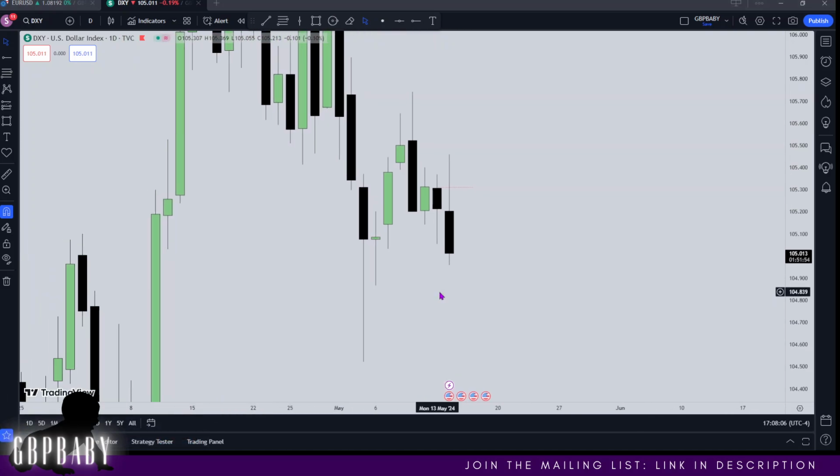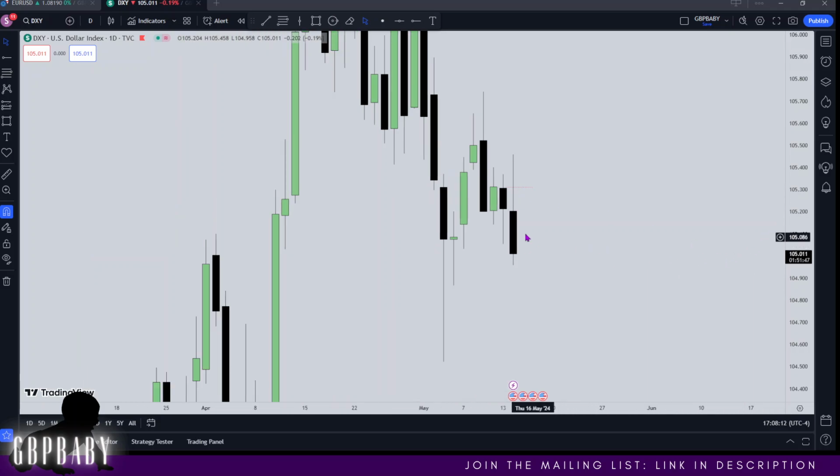I hope everybody's doing well, and I hope to God no one got caught up in the absolute madness that PPI caused today. Now you can see we wicked up aggressively, trading into this bearish order block on a daily basis on dollar, and then it looks like we're about to close below yesterday's low, showing very bearish price action